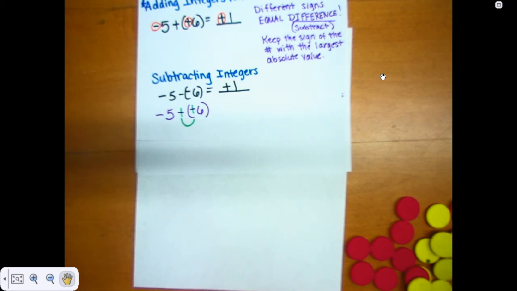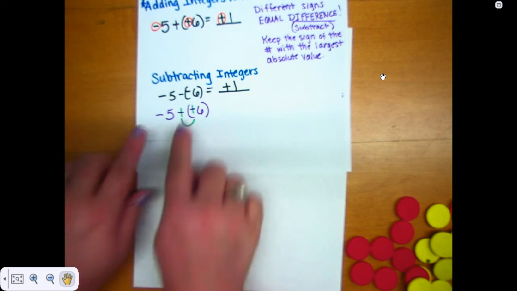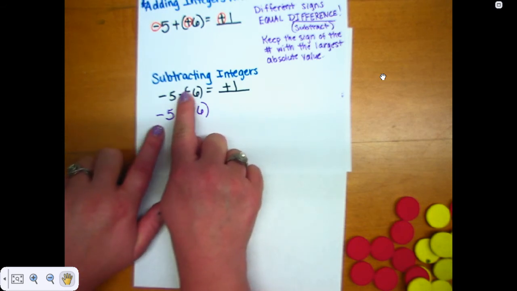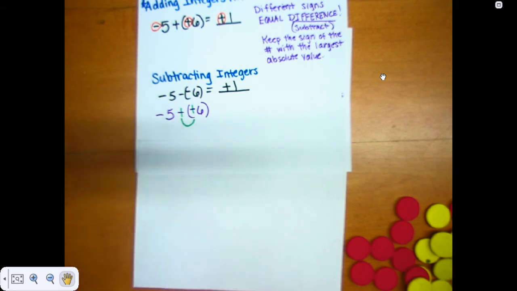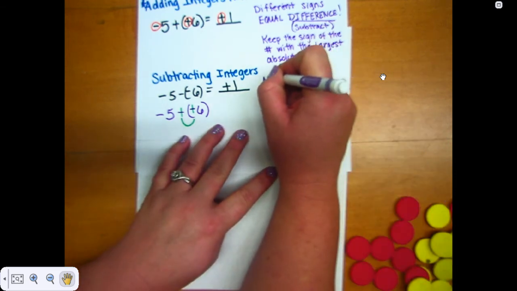Lower. Makes it higher, because when you remove that ice cube, it doesn't continue getting lower. The temperature rises. So when you take away a negative, it's really like a positive. Okay? That's the best way I can figure out to explain it. But just know, if you have a negative and a negative right next to each other, they get really happy and become positive. So the way I remember that is Mean Girls,